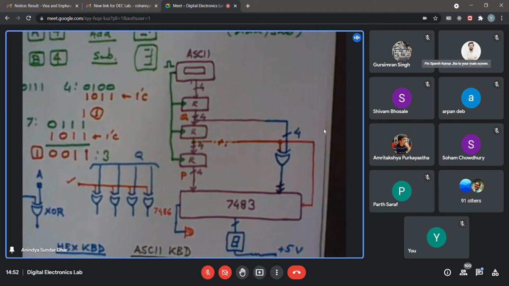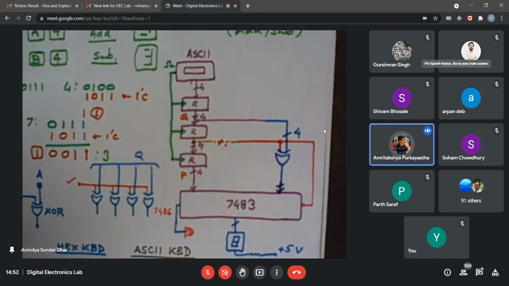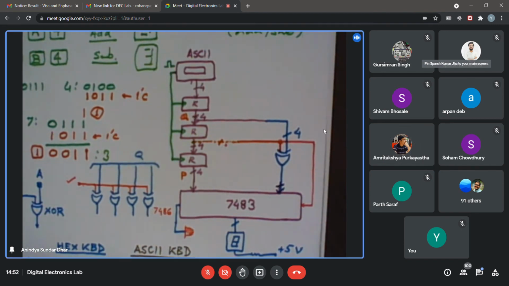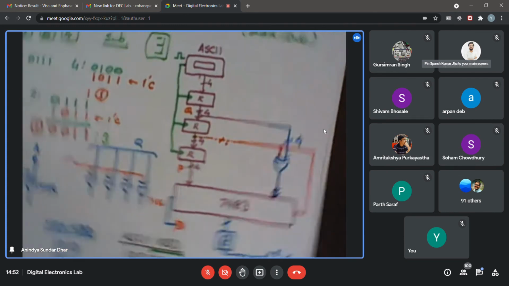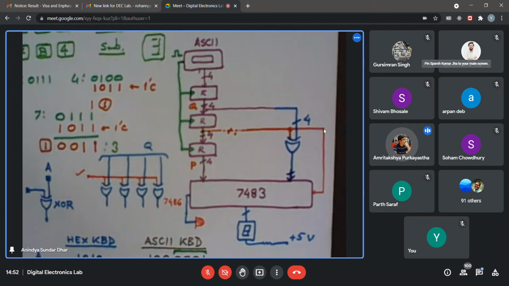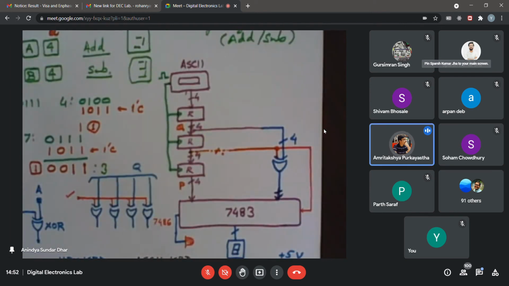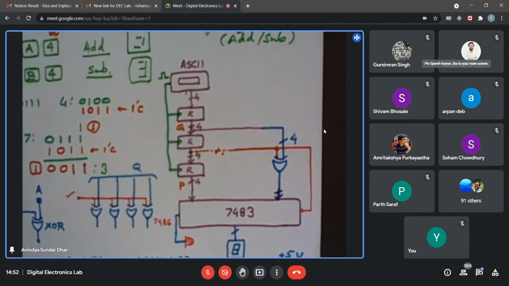Sir, in the first part, do we need to take the complement of the output as well if the result is negative? No, in the first part I'm not asking that. So if I do 4 minus 7, let the character for 13 be displayed with this carry LED off. And 13 would be that C or something like that. It's a slightly different character, if you remember. Whatever, it will be that peculiar character.